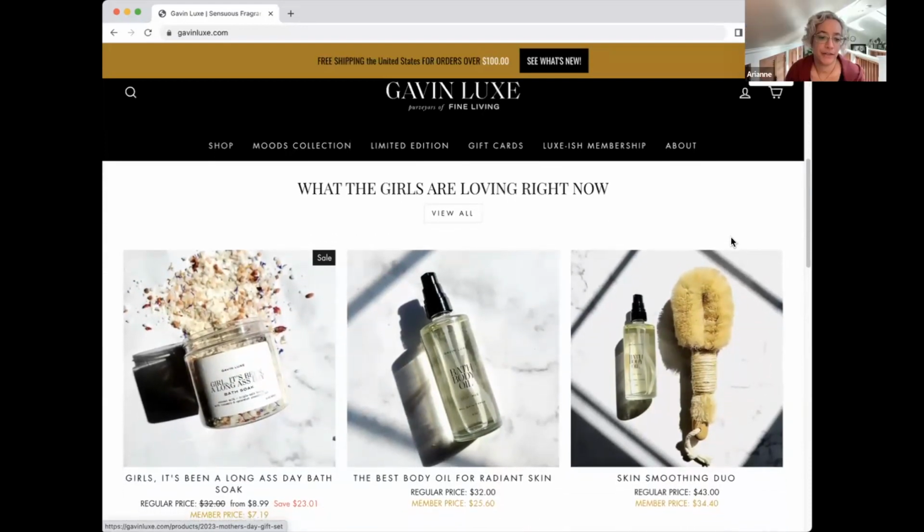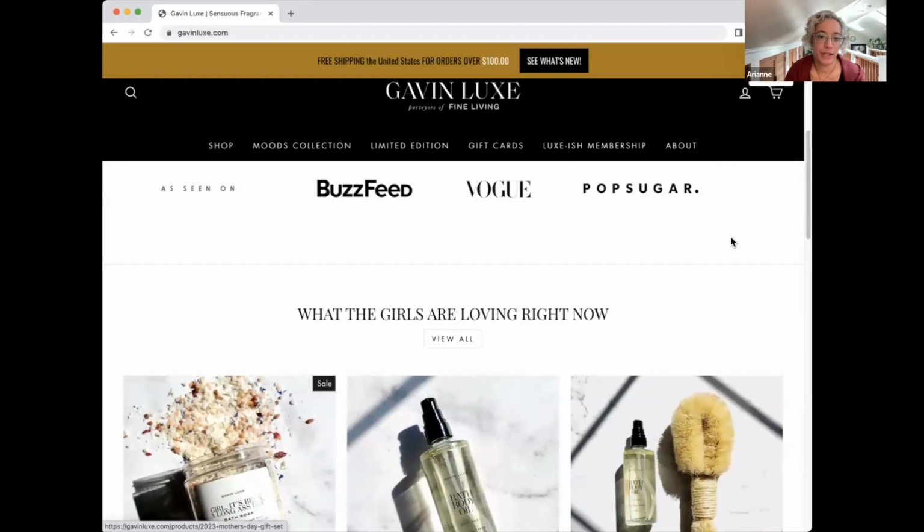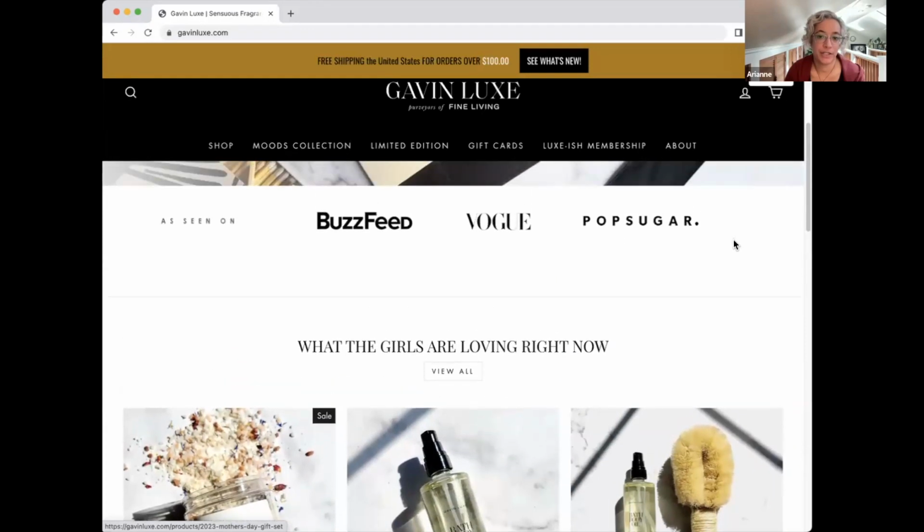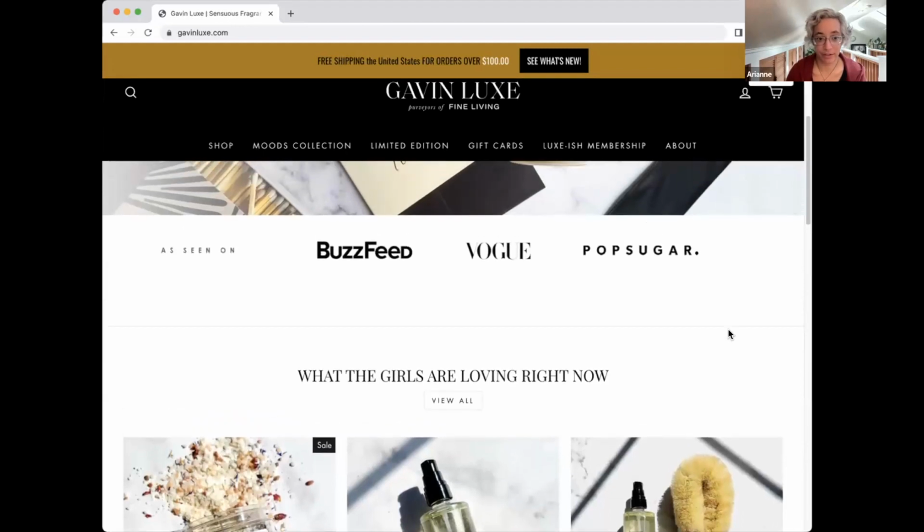Yeah, could you go up just a tiny bit? I think what I'm expecting under the hero image is this. When I look at a homepage, there's three things I want to know. I want to know, what is this about? And I feel like I'm halfway figuring that out. And then I want to know who it's for, which I don't quite understand. And then I want to know, why should I care? Which for me is, what makes this business different than your closest competitor?